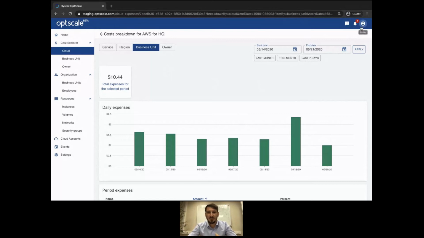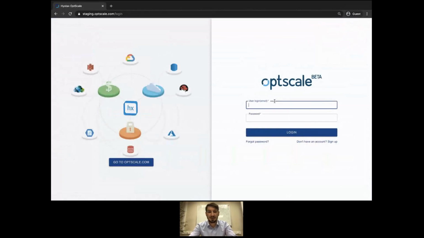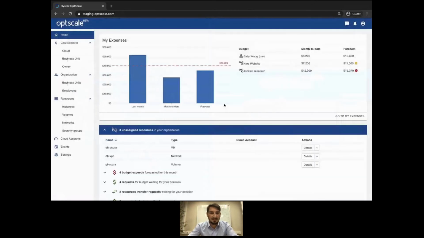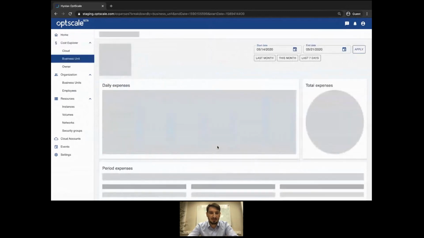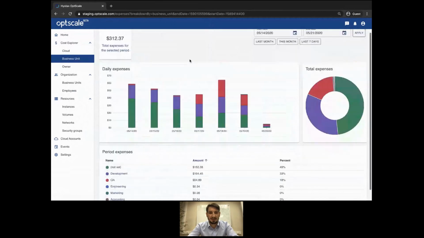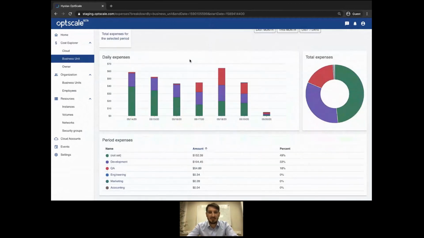Okay, so to show you that, I'm going to relog in to another, more mature organization I have, called futureops.com. Going in, logging in as Sally Wong, and here Sally and her organization followed the process for maybe